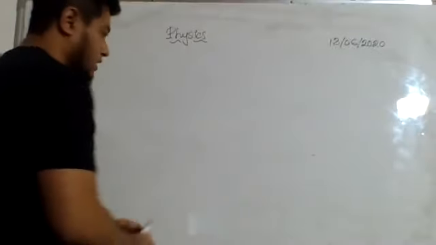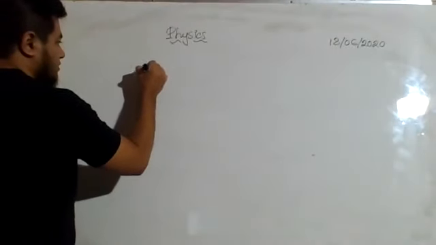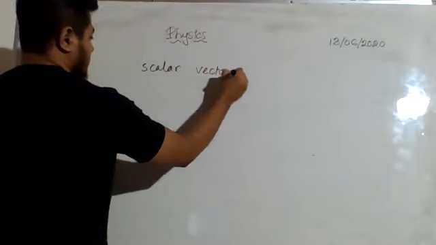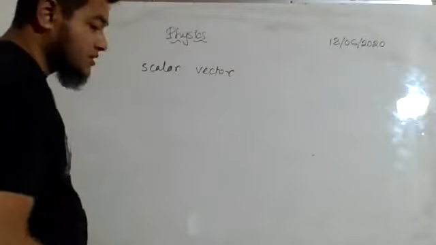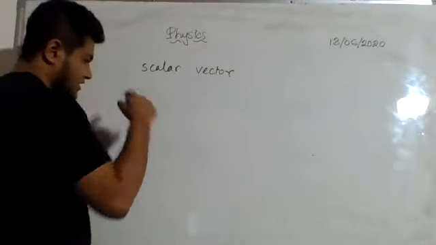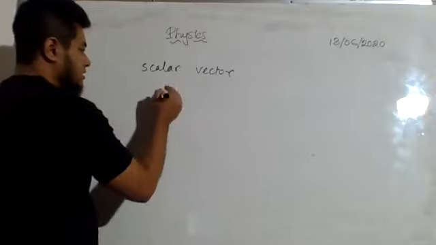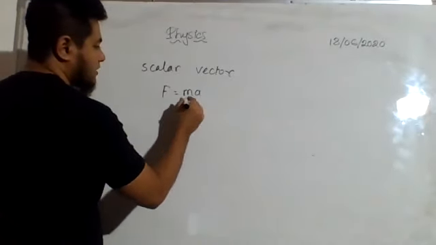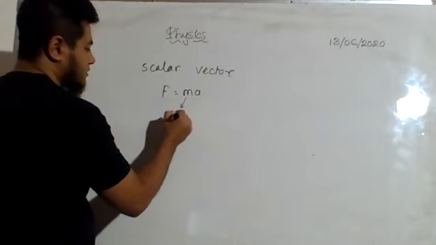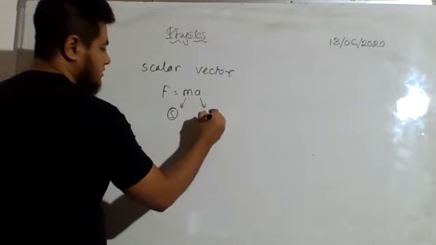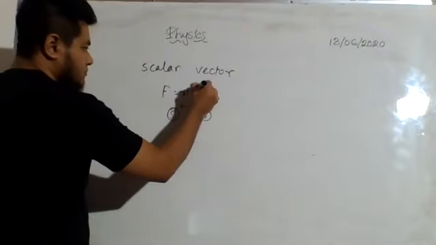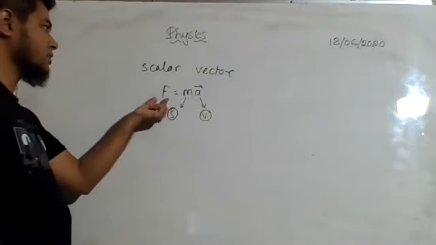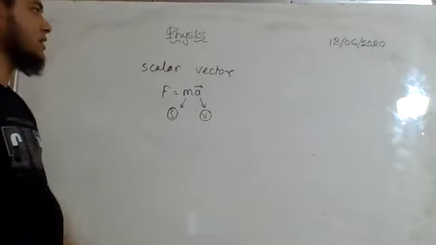At first we have multiplication of a scalar and a vector. The best example is, there are so many examples actually. Let us consider F equal to ma. Here we know that mass is a scalar quantity, right? And acceleration is a vector quantity. So we are taking the product of them and we are getting a vector product. So here we are multiplying a scalar with a vector.